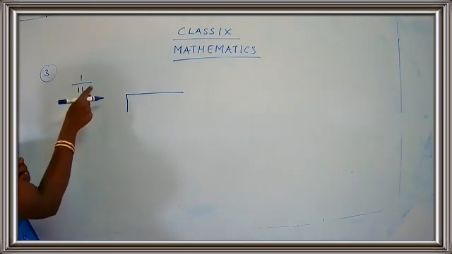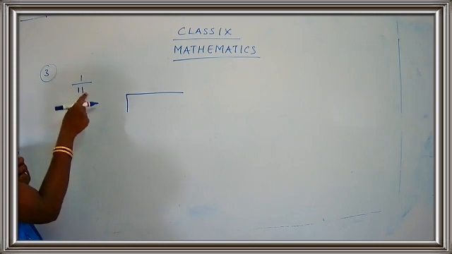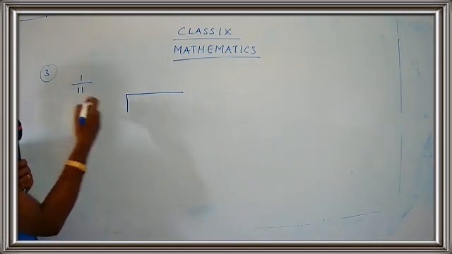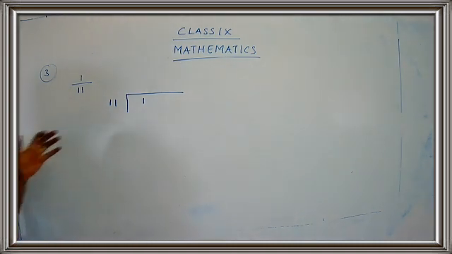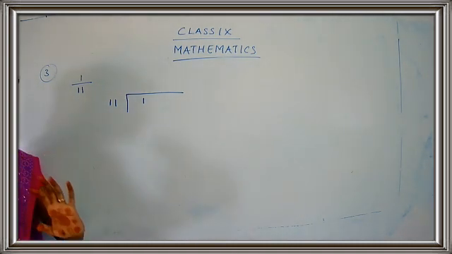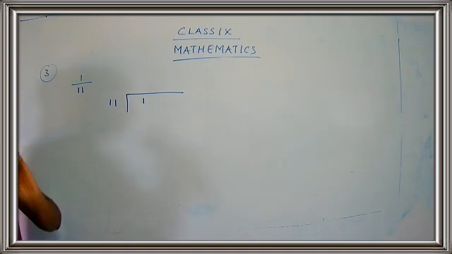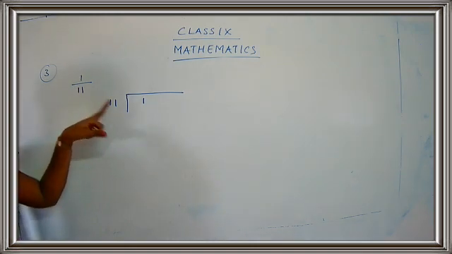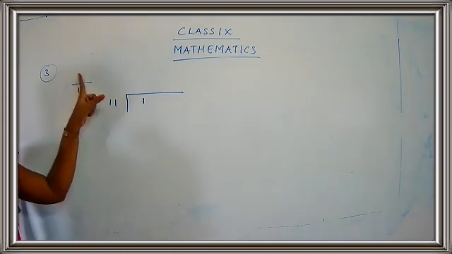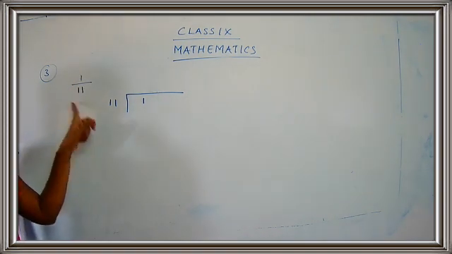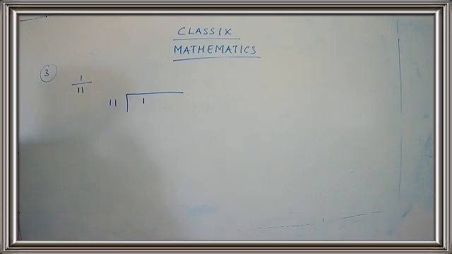1 upon 11, the denominator. What is the down number? 11. The down number will come out. So 11, 1. Do not write the bigger number in the small one. Just think of a numerator and a denominator. The down number will come out. The up number, the numerator, will go in. The denominator will go out. So 11 and 1 there. So 1 divided by 11.